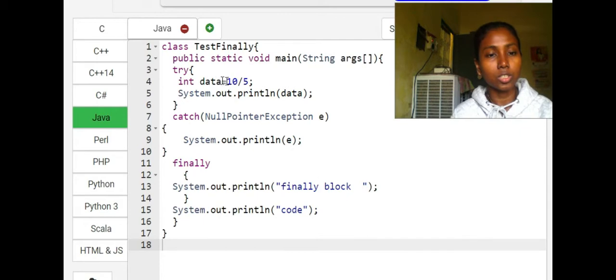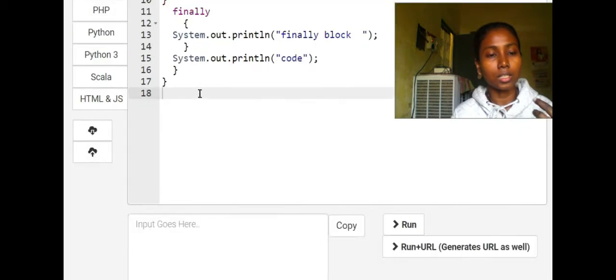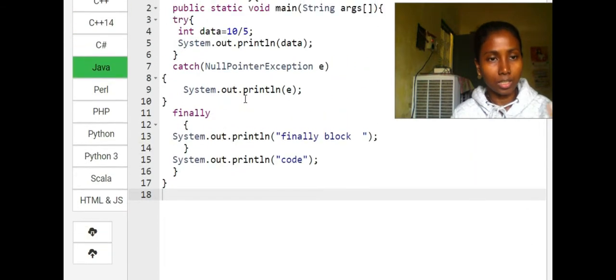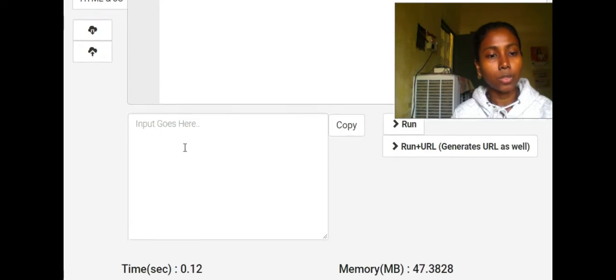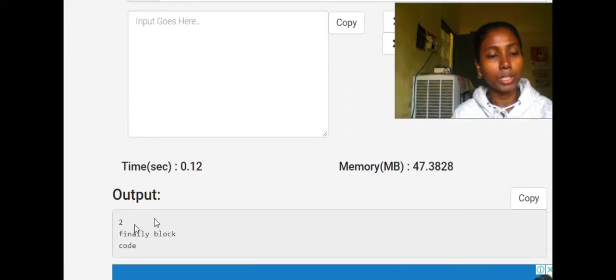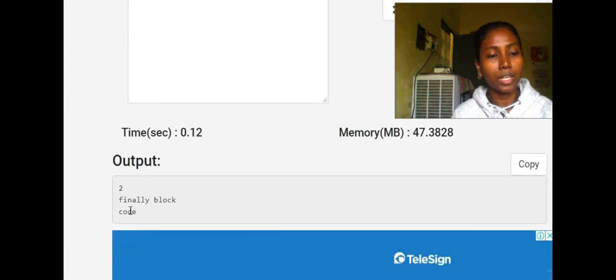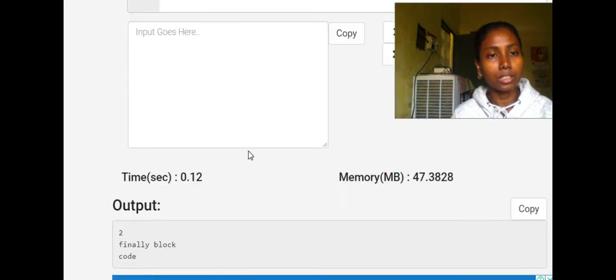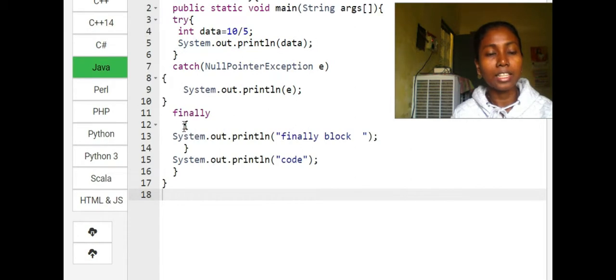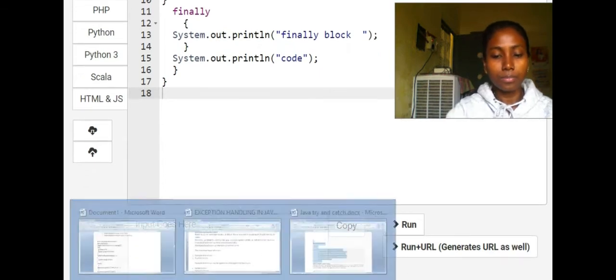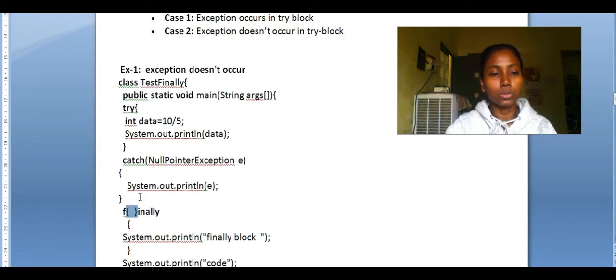So there is no exception here; whenever an exception does occur, it is caught by your catch block. Here there is no exception, so it will print 10 by 5, which is 2, and then it will print. Anyhow this block executes, that is the finally block, and then it will show you the code. Okay, so now come to